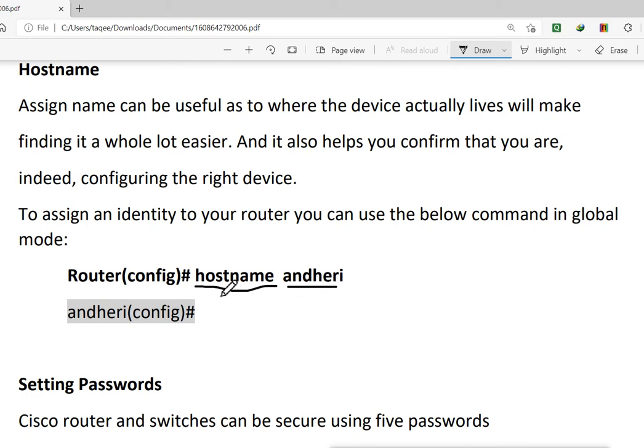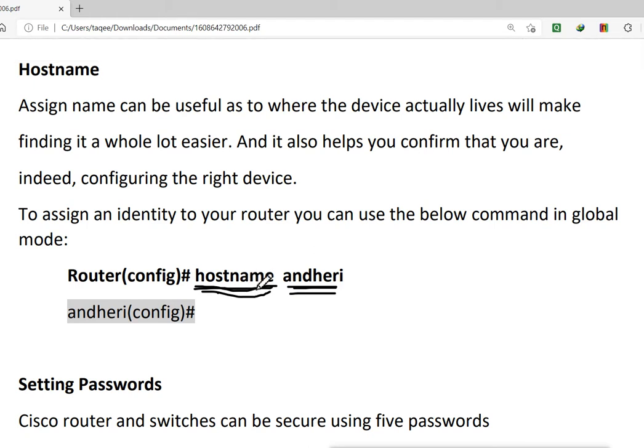The command will always remain the same, and the values can change. Like now I am configuring this name as Andheri. I can configure some other name next time, but the command will remain the same. So in any command, only the values will change. This is the way of giving a command, or we can say the syntax.